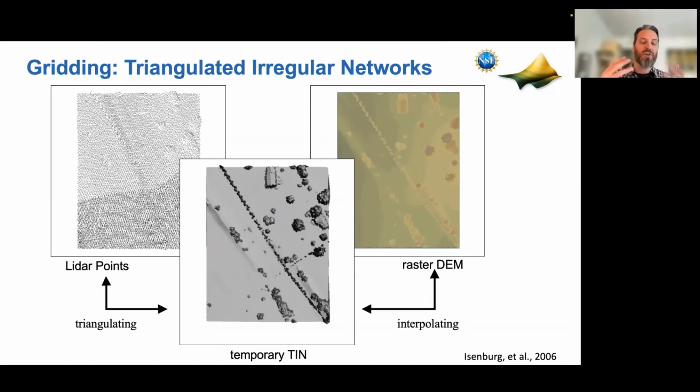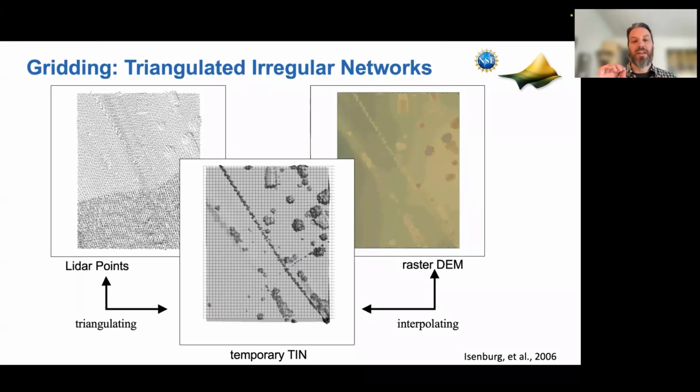So let's say you start off with your irregular LiDAR points. With LAStools, it creates a TIN from those LiDAR points, and that's sort of a temporary TIN. And then a grid gets overlaid on that TIN. And then at each one of the grid cells, the TIN is sampled, and that is what is output by